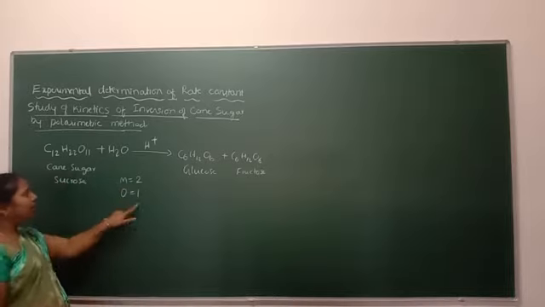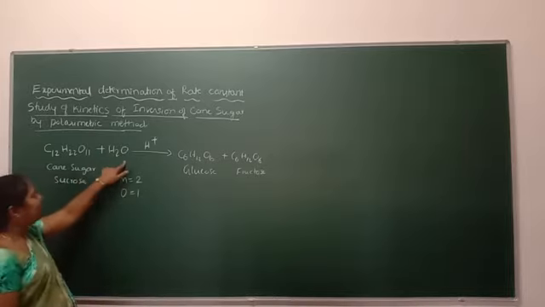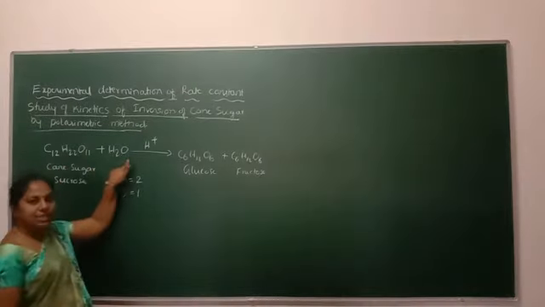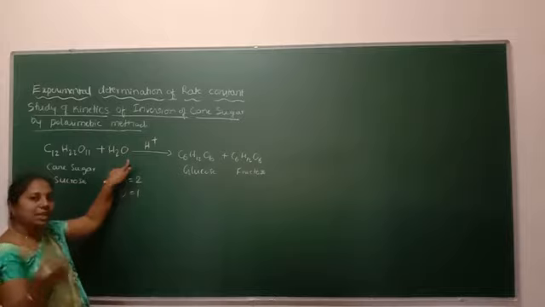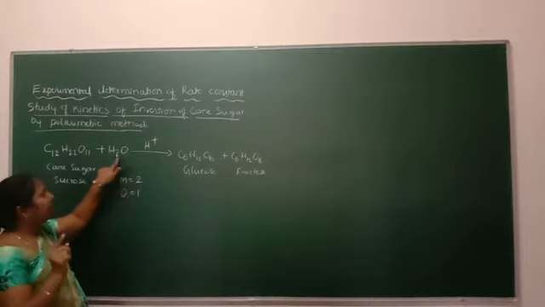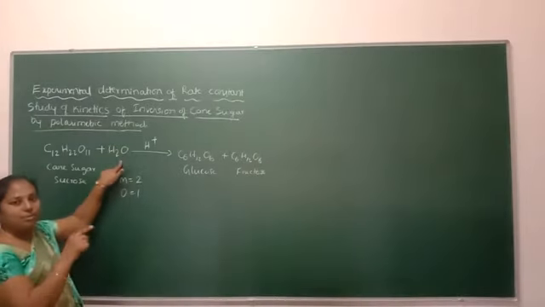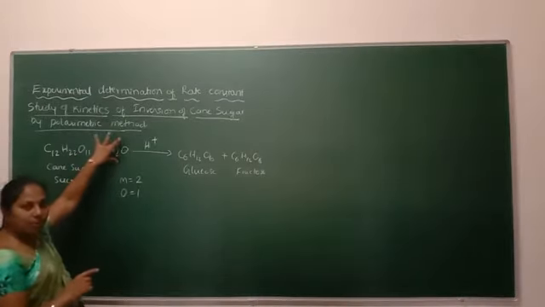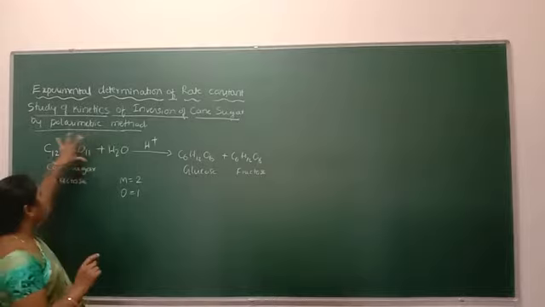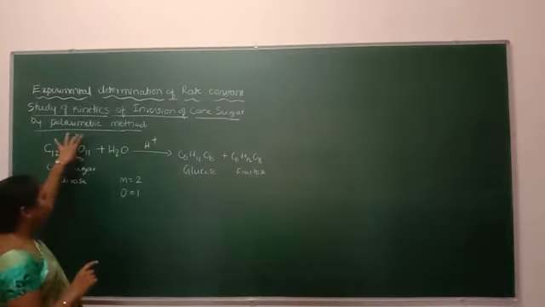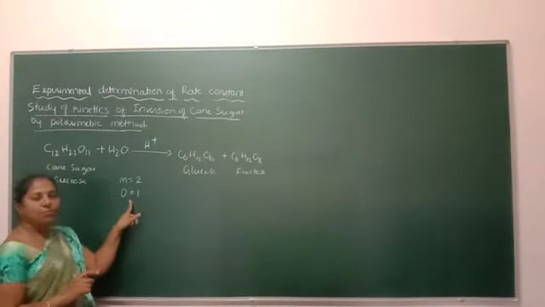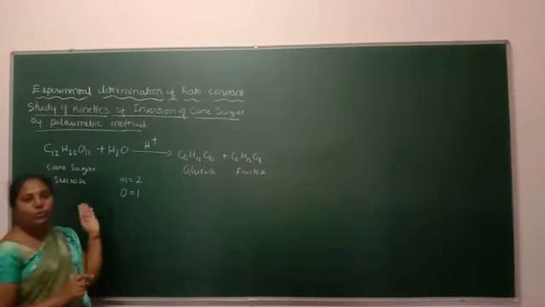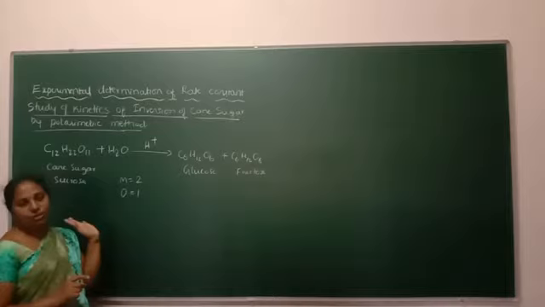Why is the order of this chemical reaction found to be 1? Because sucrose is taken in limited quantity and water is taken in excess. For any substance taken in excess, the order does not depend on that substance. Since water is taken in excess, the order does not depend upon the amount of water, it depends only on the amount of sucrose. Hence the order of this reaction can be taken as 1. Molecularity is 2 and order is equal to 1. It is an example of a pseudo first order reaction.